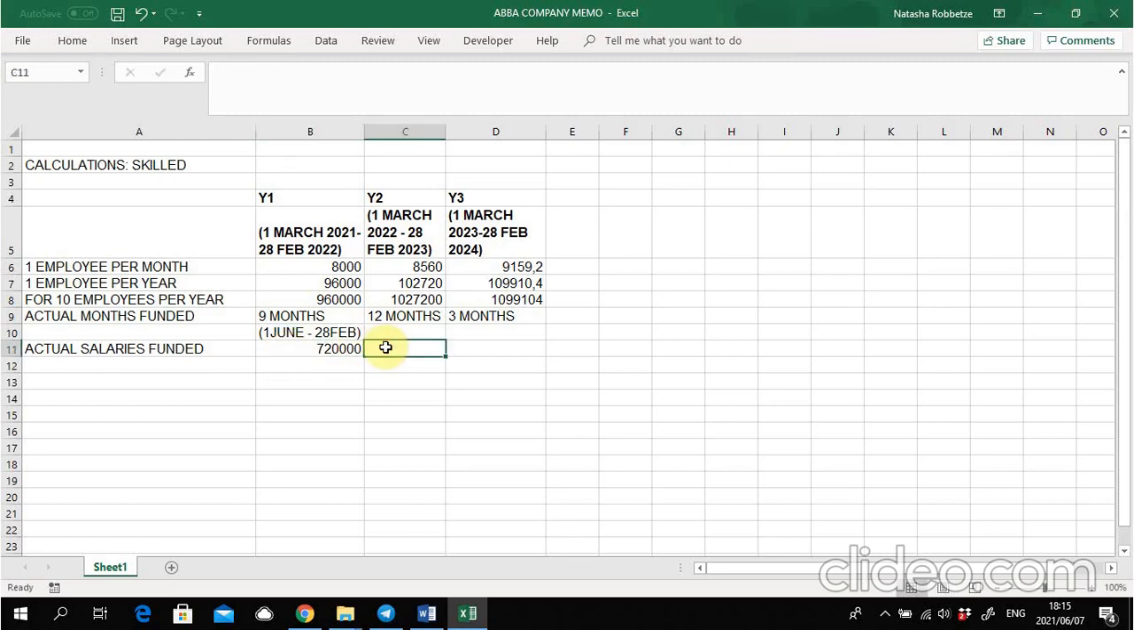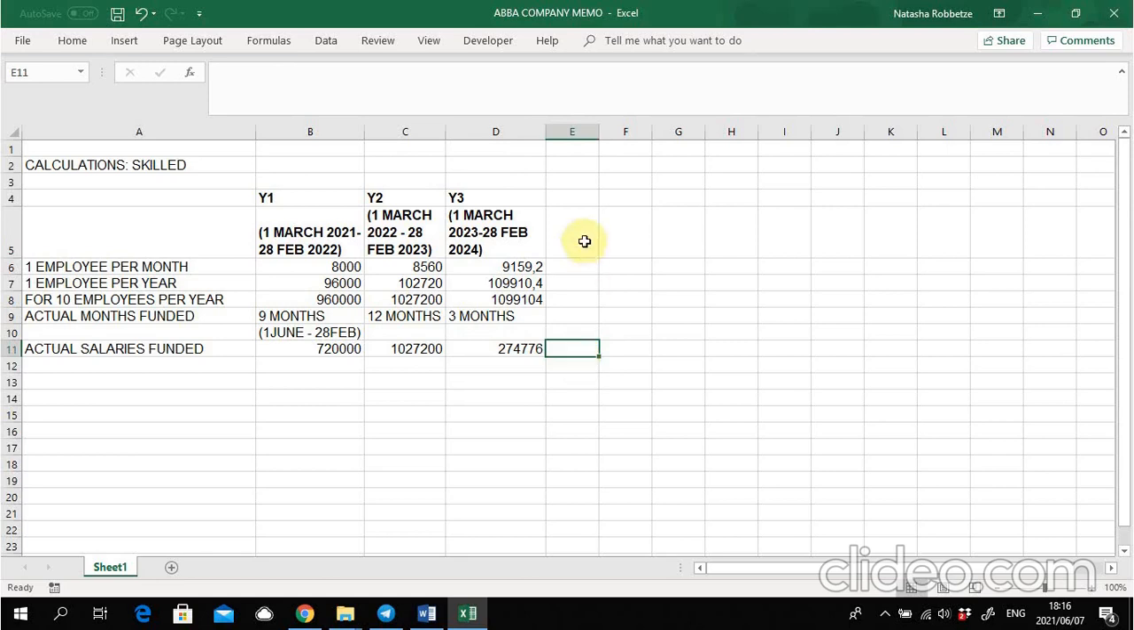For my year 2, I am able to fund all 12 months. So it will just be this amount divided by 12 times 12, which will give you the same amount. And then in year 3, I will only be able to fund 3 months of my year 3, which still falls within 2 years of the subsidy. So it's 1,099,104. And although there's 12 months in my financial year, it funds only 3 of them. And that then gives us